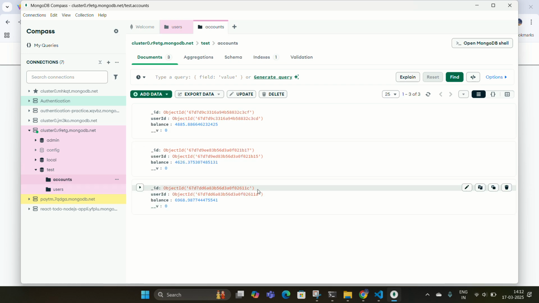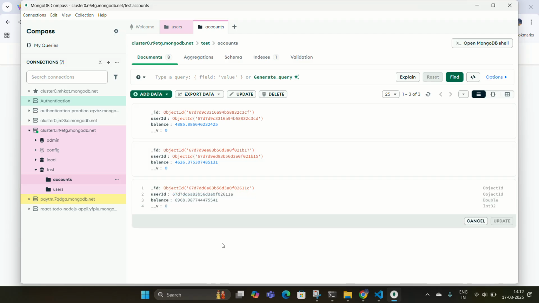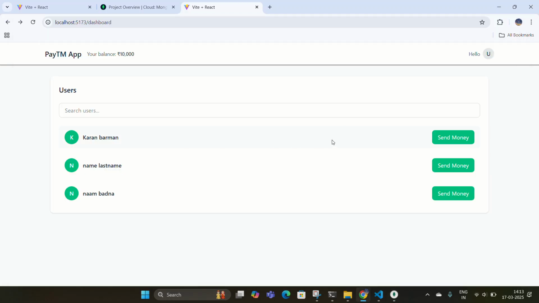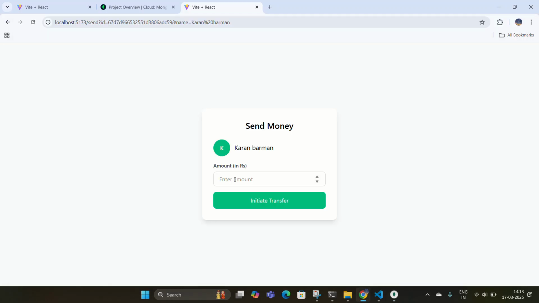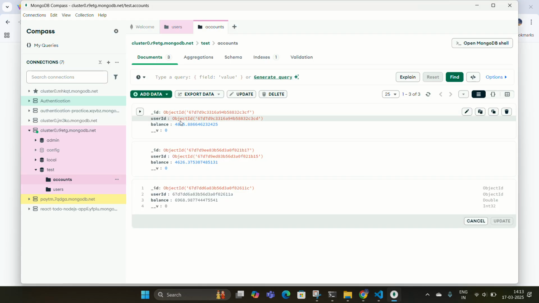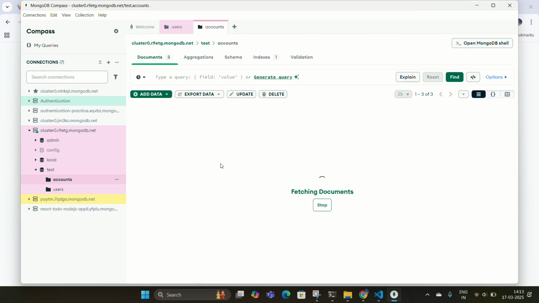Okay, Ash Ketchum has about 7,000 rupees, and the other two have around 4,000 rupees each. So now we are sending through Ash Ketchum's ID, send money 1,000, initiate the transfer. Now one of them should have 5,000. Okay, fetching the documents,